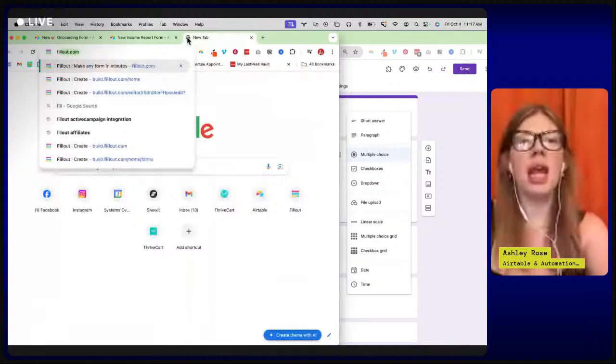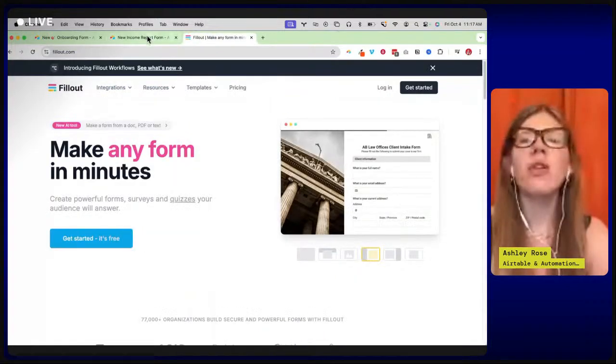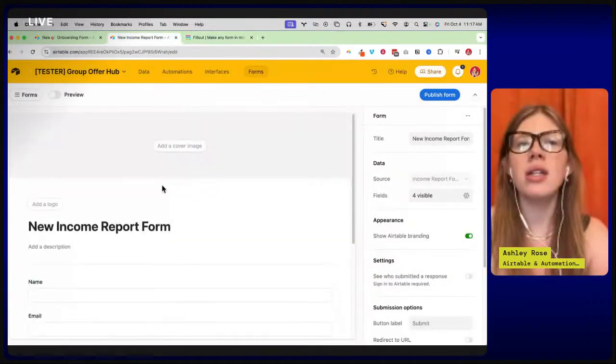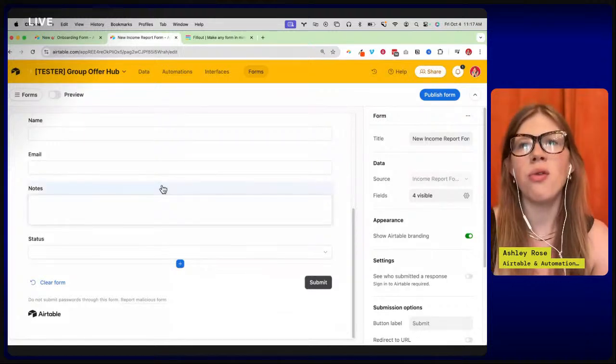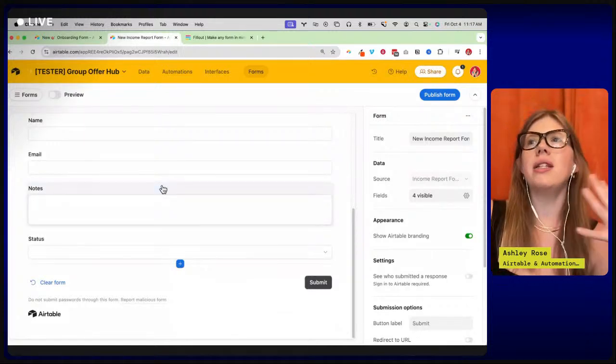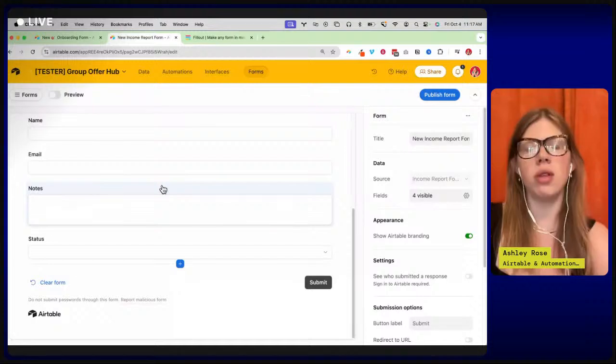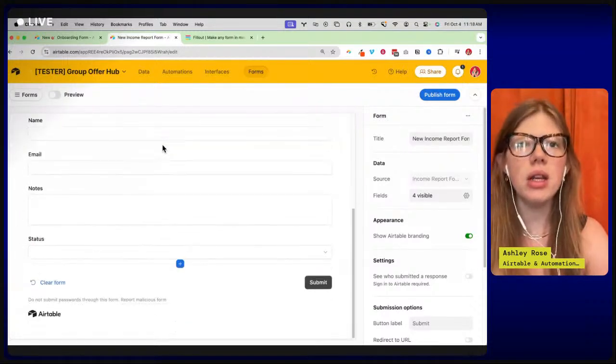So I'm gonna share with you about Fillout in a little bit. I want to talk about automations first. But if you're looking at these Airtable forms and you're in Typeform and you're like, this is not as aesthetic and as powerful as my Typeforms, can I still use Airtable? The answer is yes. And I'll walk you through what that looks like in a second.